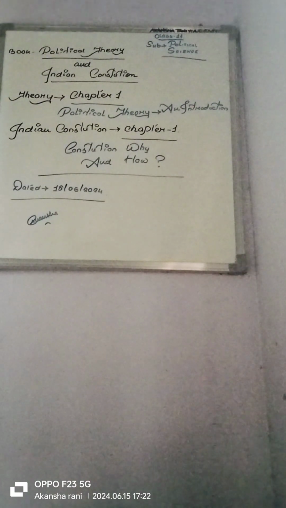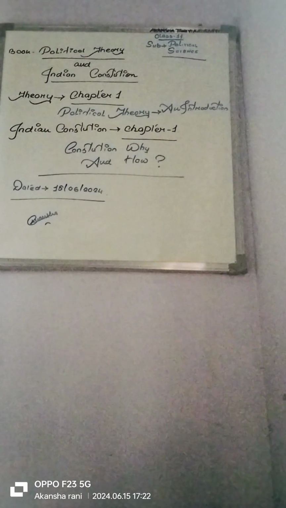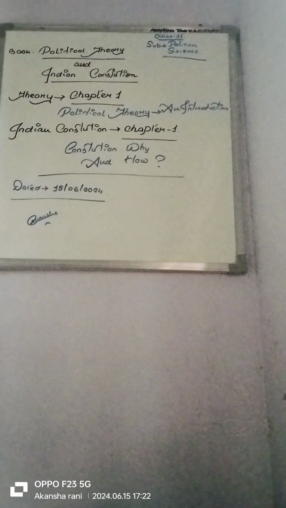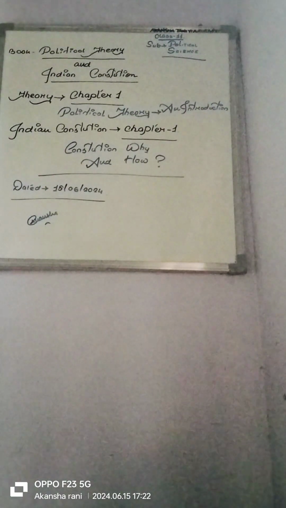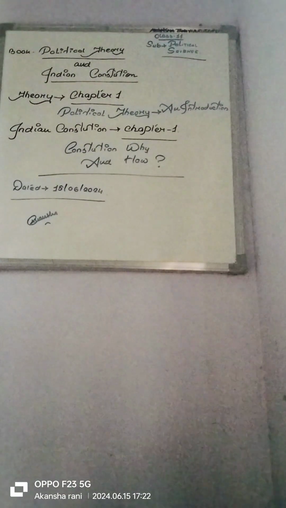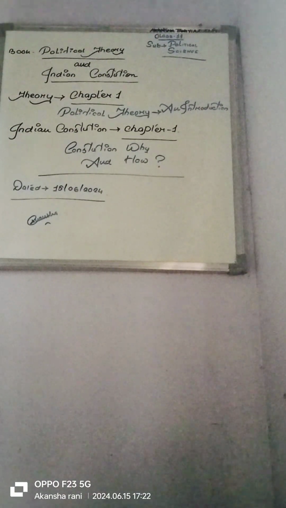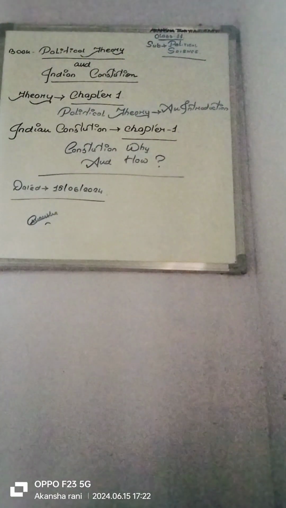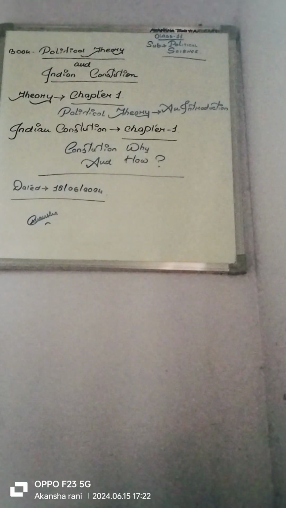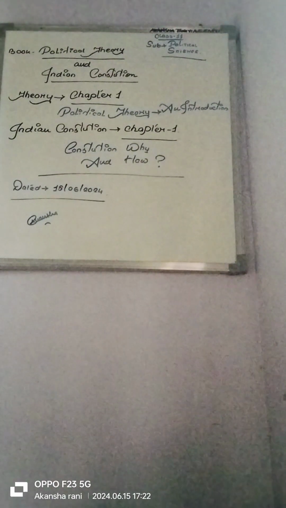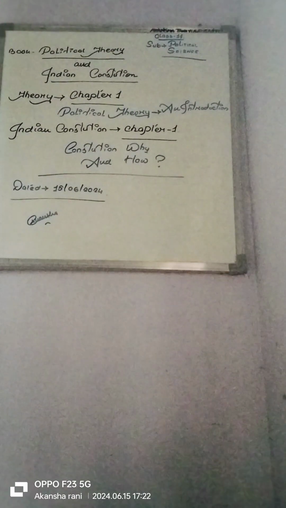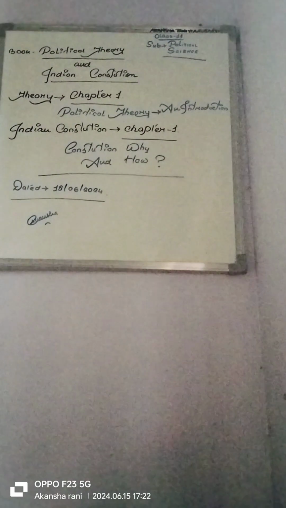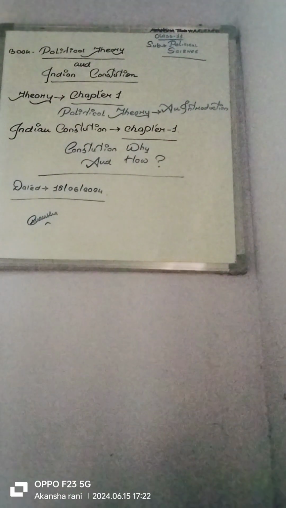Traditional is hypothetical, modern is scientific. Traditional is value based, modern is interdisciplinary. Traditional is institutional, but modern is based on facts. Traditional is philosophical, whereas modern is analytical. This way, we are coming to the end of the first chapter of your book Political Theory, Political Theory and its Introduction. Now let's move to